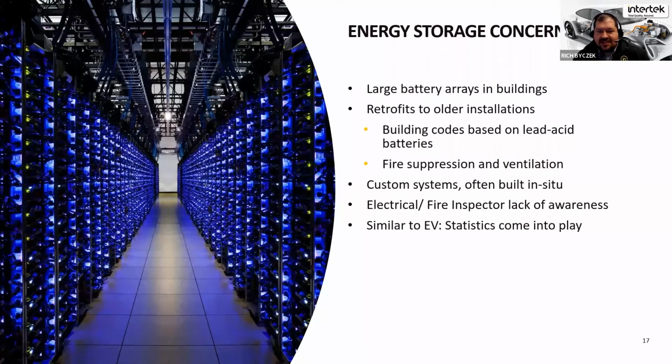Relatively simple to implement a ventilation system that doesn't allow that air to trap in a pocket above the batteries. Secondary concerns are more about flooding, leaking of electrolyte that didn't necessarily cause a fire, but had other hazards. Again, some level of physical containment basin, if you will, to capture the volume of electrolyte that could spill from those batteries. Going back in the building codes, many of these battery rooms and facilities were built just for those concerns: leakage of electrolyte, venting of hydrogen gas. Venting of hydrogen gas is a very low concentration, so the equivalent of a mild circulation fan would often be enough to prevent or mitigate that concern.